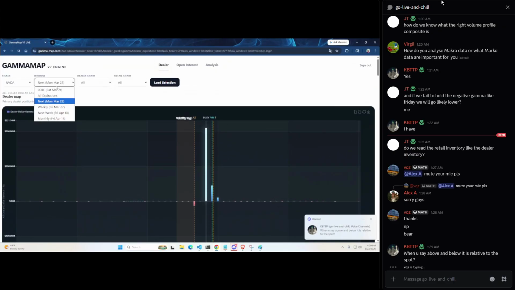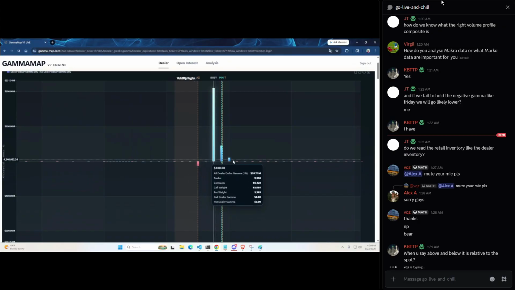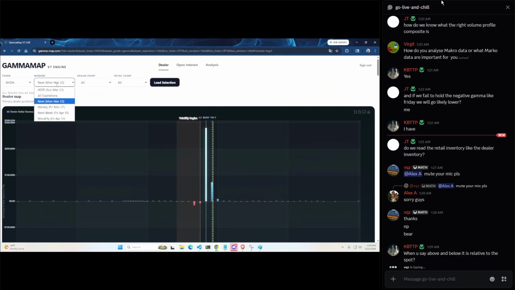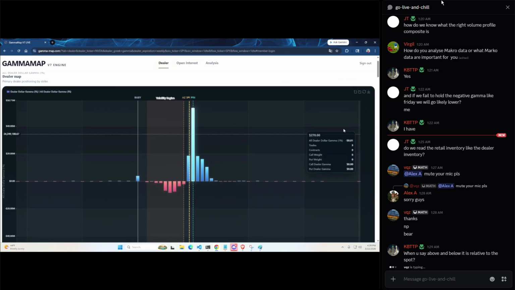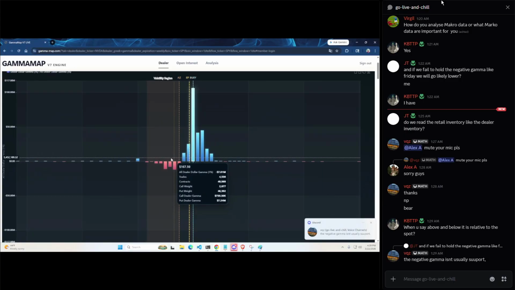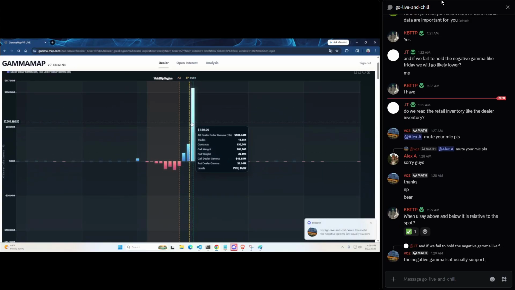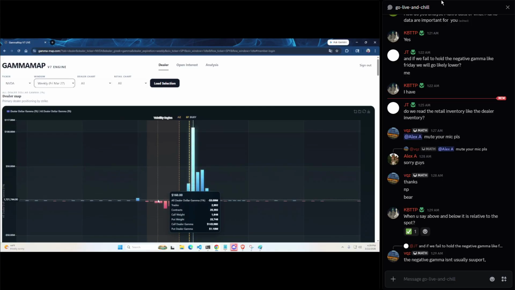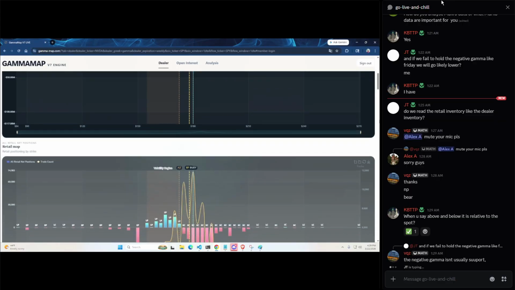So Nvidia is negative below, positive above. It's a little bit more healthy. If we look at the weekly chart for Nvidia, this is a perfect example of the opposite. Nvidia is negative below, positive above, right? So the 180 pin area, negative below, positive above. So far from next week, we have, and why is this?